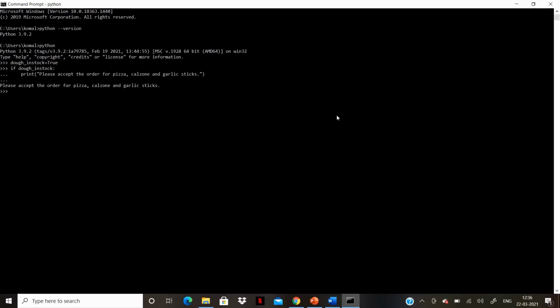Let's play with this example and set in_stock to False and combine it with an else statement to see how Python behaves.